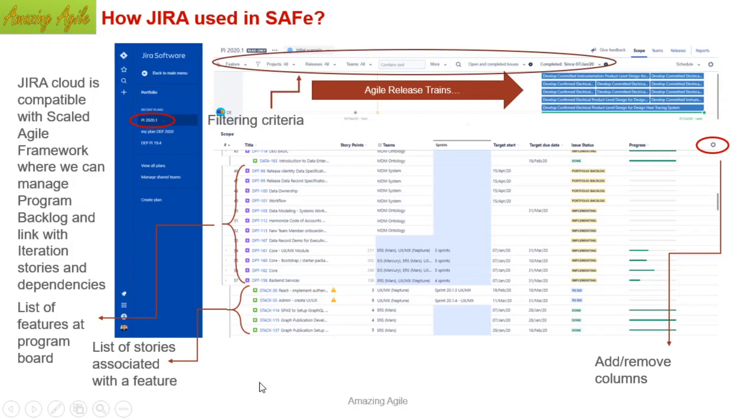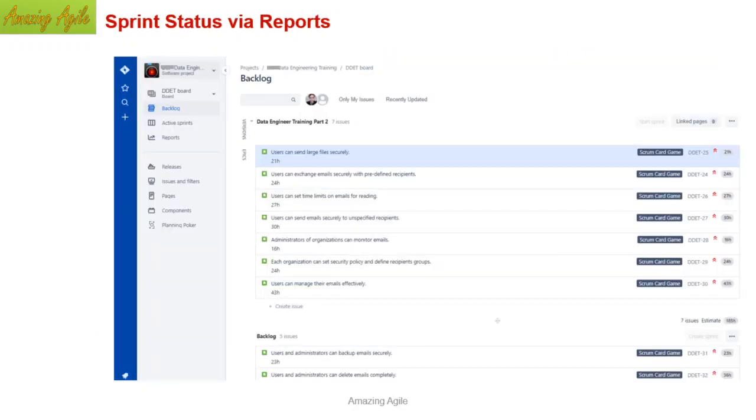This is called the program board, or the essential train or essential configuration board. This is a very good concept, and a very good way to see the pictorial view from the top management perspective. And the release train engineer is the person who is supposed to maintain it and show it to everyone during the ArtSync meeting. I hope you can clear it.